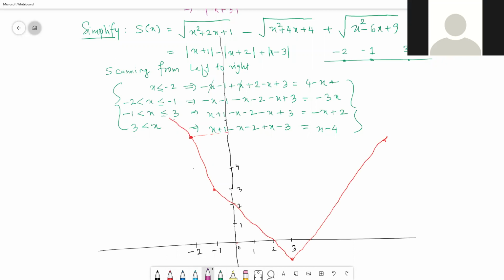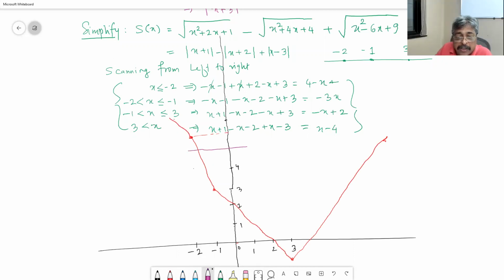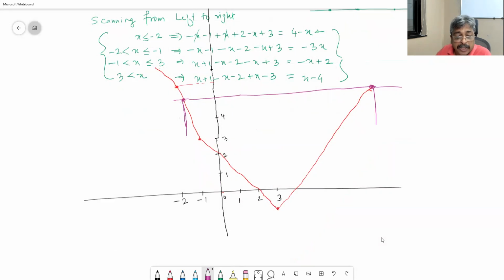Now if I ask you to find the solution set of this is equal to 5, what you are supposed to do is cut this line over here. This is y is equal to 5. These are the two values of x where you will get y is equal to 5. If you are asked to find when the LHS is equal to minus 2, it is not going to be minus 2, because if you sketch a horizontal line at minus 2 here, it is not going to intersect. So there is no solution.